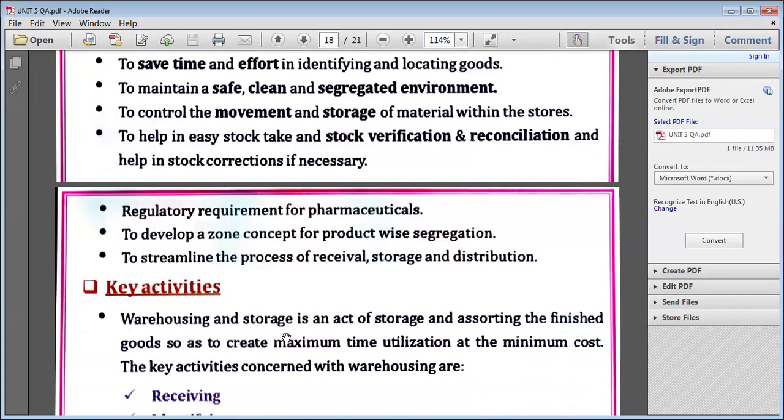Regulatory requirements for pharmaceuticals, to develop a zone concept for product wise segregation, to streamline the process of receival, storage,